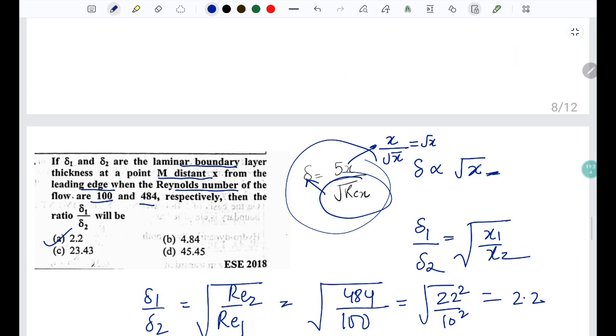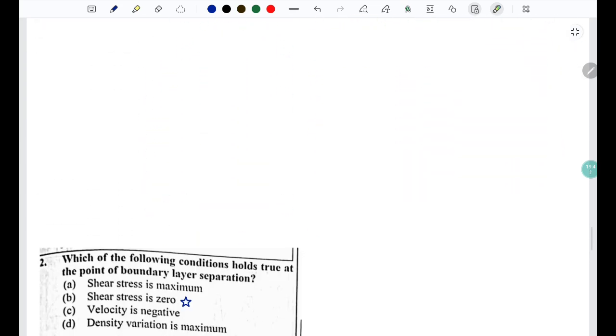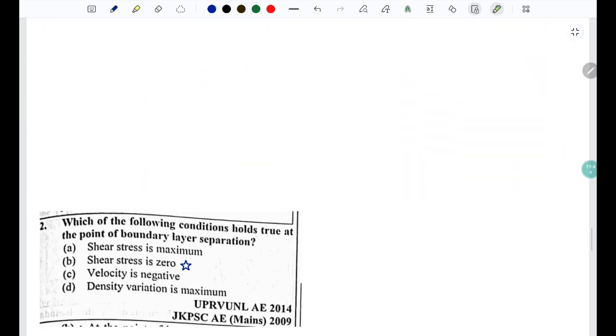This question also comes sometimes when we have to use this ratio where delta 1 by delta 2 is root under x1 by x2. Then comes this question which asks which of the following conditions holds true at the point of the boundary layer separation. So we know that at the point of the boundary layer separation, the ratio del u by del y, that is the velocity gradient, equals 0,